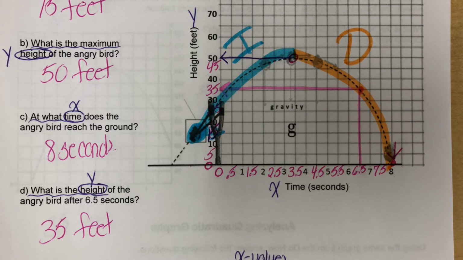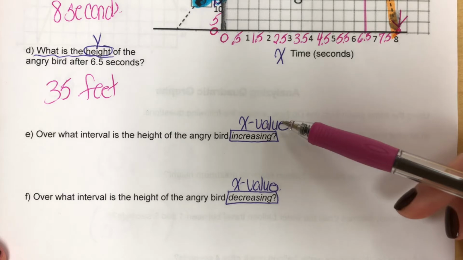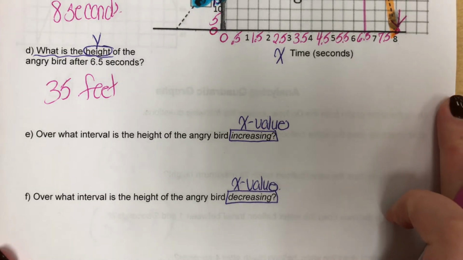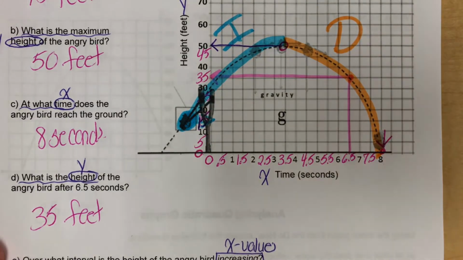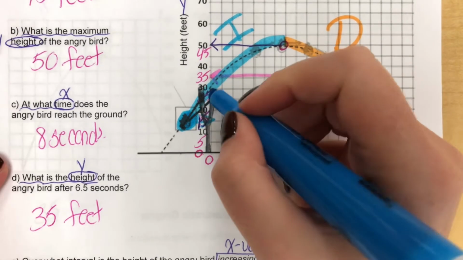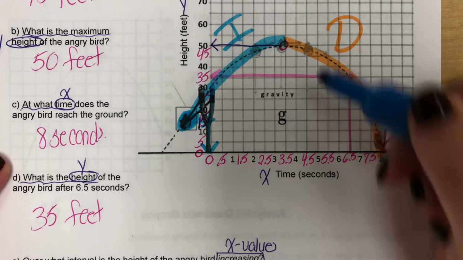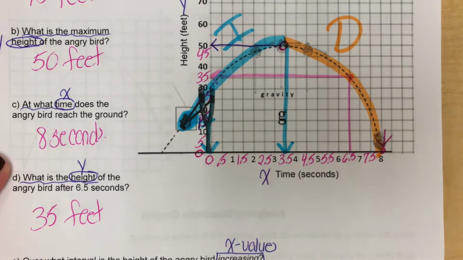So when I look at my answer here for E and F, it says over what interval is he always increasing? Well, when you see increasing or decreasing, you only want to look at the x values for these, okay? That's something that just needs to be memorized. So on my graph, I can see the first x value. Let me draw an arrow down here with my blue, all right? My first x value, I can see that I'm hitting is 0. And then again, all the way up to that maximum height, I can see the next x value I'm hitting